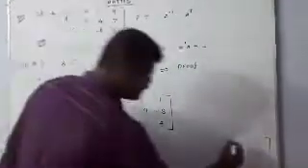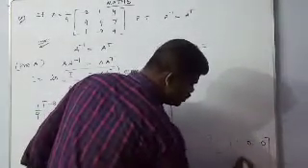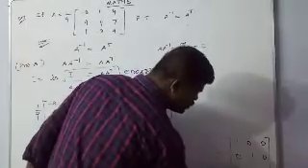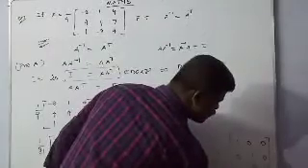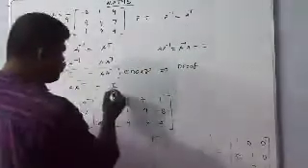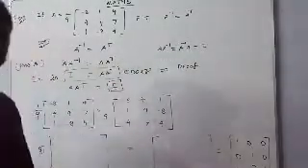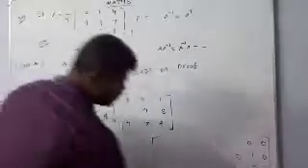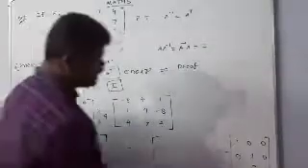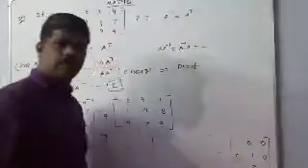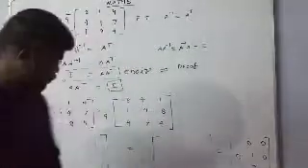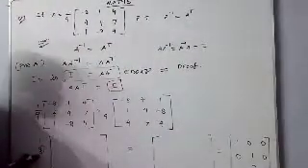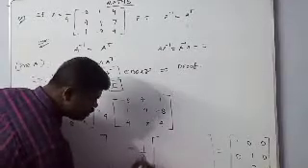Do you know the identity matrix? 1 0 0, 0 1 0, 0 0 1. So this is the identity matrix. What do we want to prove? I is the proof, so we have to create I. This is the I matrix: 1 0 0, 0 1 0, 0 0 1. Here 1 by 81 is there, so we can write 1 by 81.